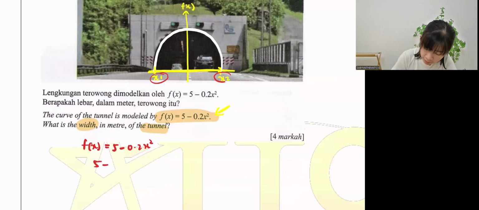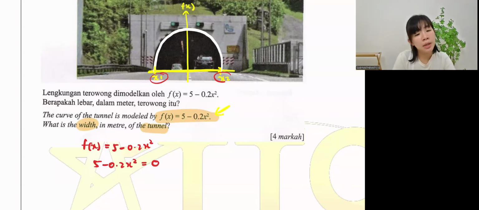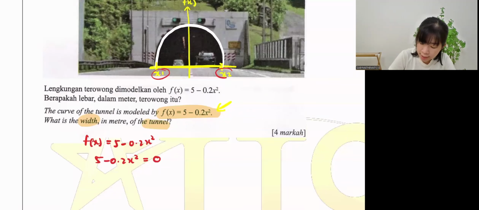Okay, 5 minus 0.2 x squared equals 0. Okay, guys, is it in general form already? Do we arrange it in ax squared plus bx plus c equals 0? Not yet. Okay, so we're gonna arrange negative 0.2 x squared in front, and then the 5 at the back